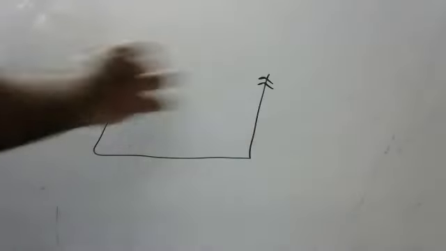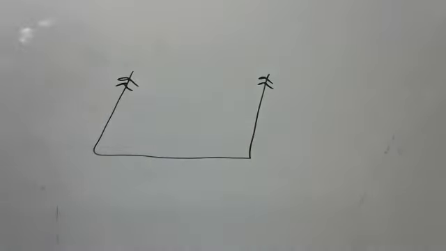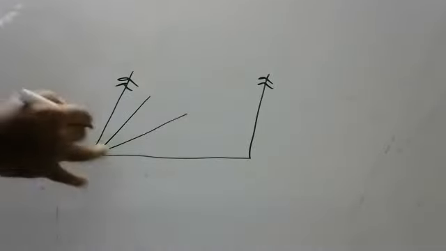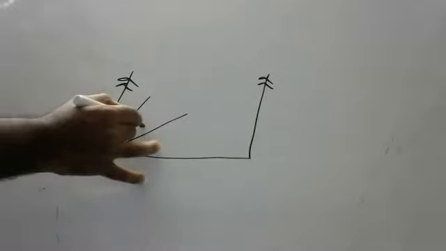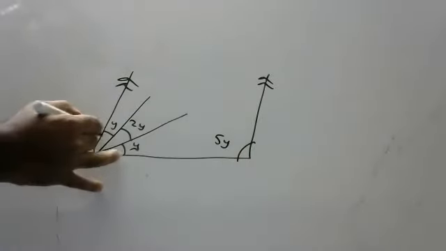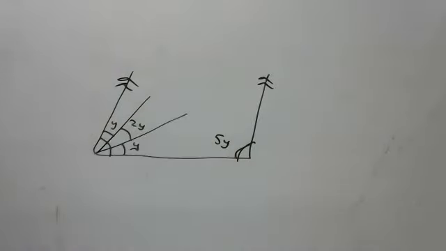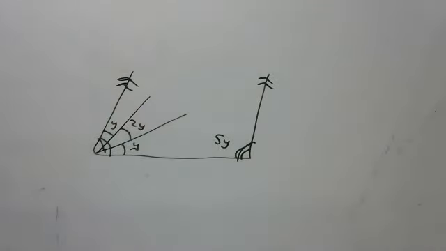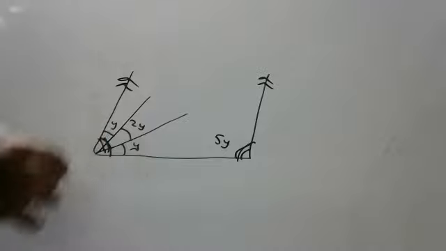Okay, children. He said these both are parallel lines, and he gives three lines, like this and like this. He said this is y, this is 2y, this is y, and this is 5y. Can anyone say what this angle and this angle will form, children? 180 degrees. Co-interior angles. Co-interior angles are supplementary.